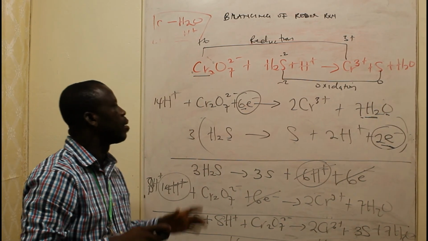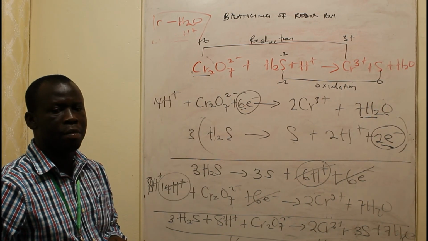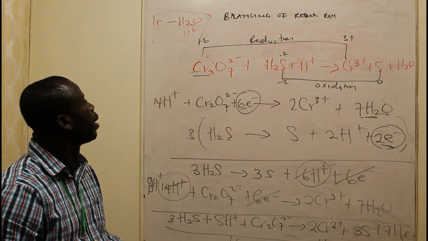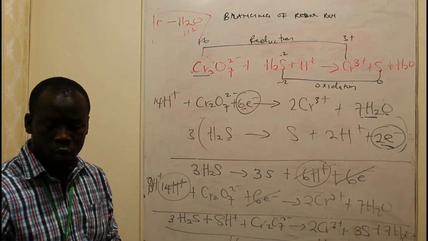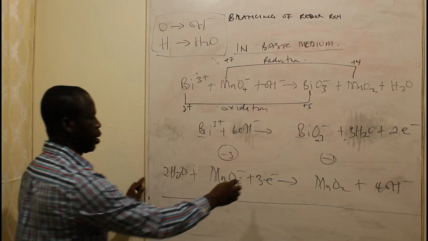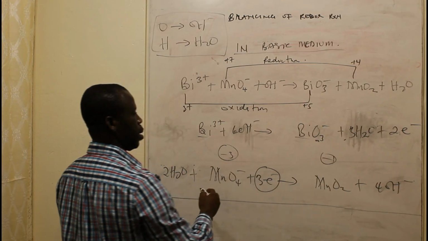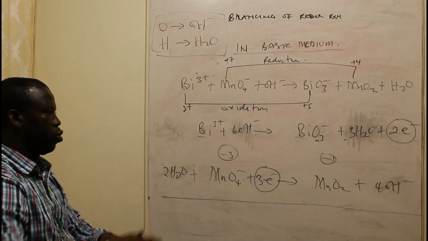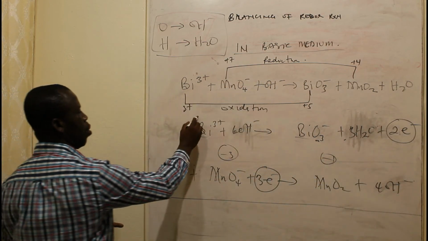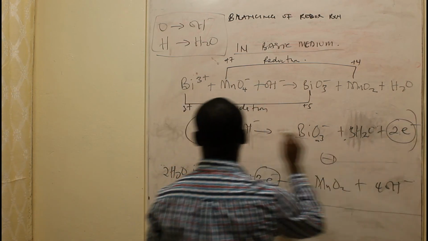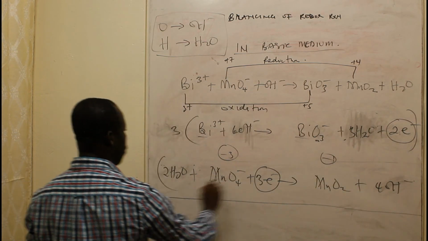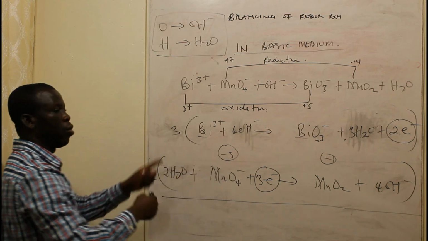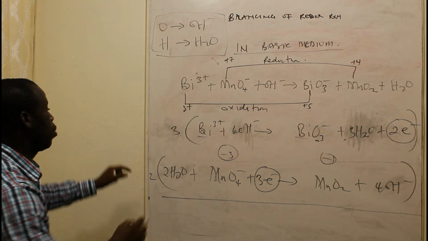Now that is the acidic medium. Now let's look at a question under basic medium. We have 2 half equations. There are 3 electrons here and 2 electrons here, so there's a need to cancel. What I have to do is multiply all of these by 2 and all of these by 3, so that we can make the electrons equal. So at the end we're going to have